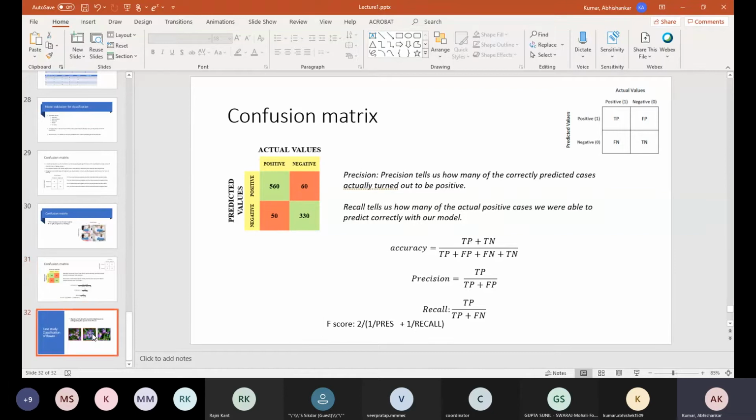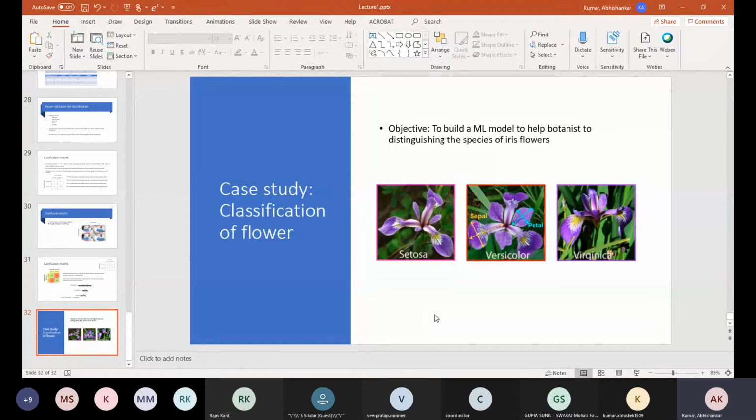Okay. Now we'll move to the case study part. The case study is classification of flowers. The objective is to build an ML model to help botanists distinguish the species of iris flower.